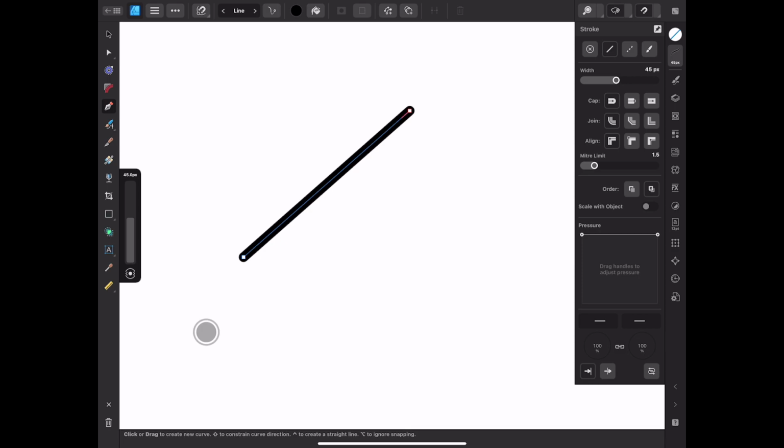The next line style that we have is the dashed line style. I was going to put this off. I had thought about it, but I think it's better to just try to address it right away so that you don't spend too much time. When I first picked up Affinity Designer years back, the dash stuff was a little bit of a head scratcher for me because I didn't understand exactly what I was doing. But